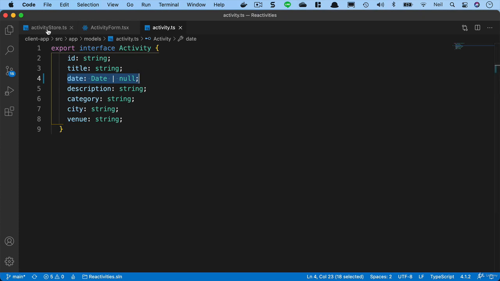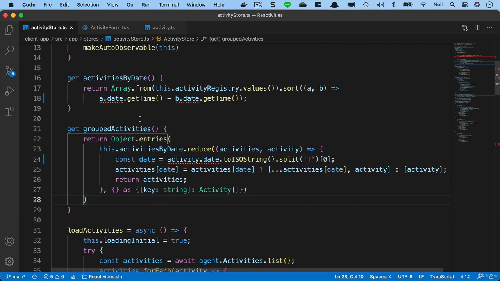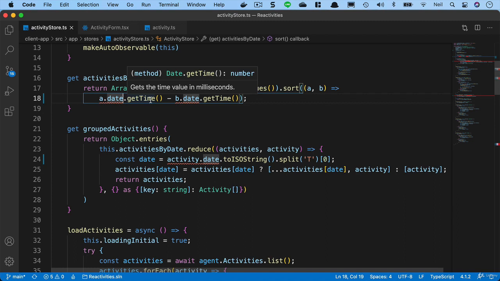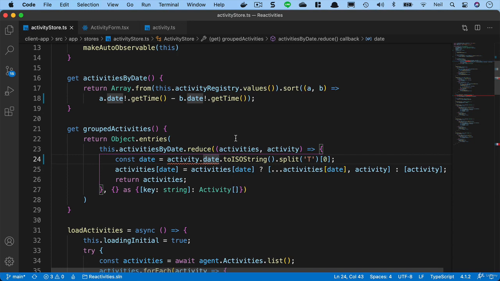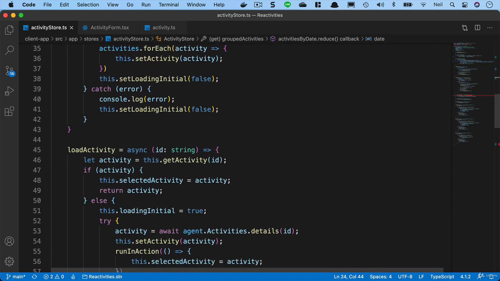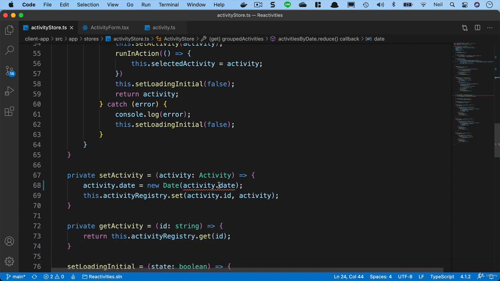But in our activity store, all of these different dates could possibly be null. We're going to say that as developers we know better and they can't possibly be null when these are being accessed. So we'll use the bang operator, the exclamation mark, in all of these locations to get around this particular problem. And if we scroll down to where we're setting the activity, we'll use it here as well. And we've got one more problem somewhere,